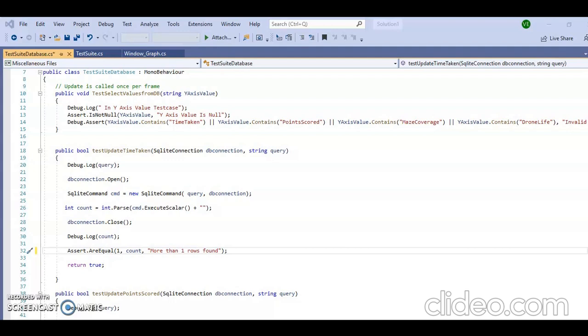If we find exactly one row, it means that we need to update one row, and if it has more than one row, it means that there was some issue and we stop the process there.